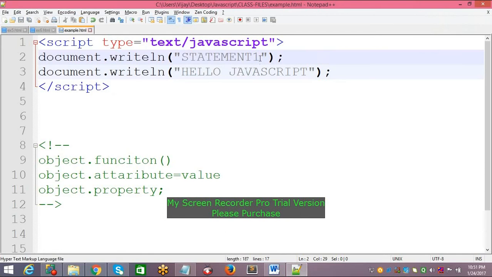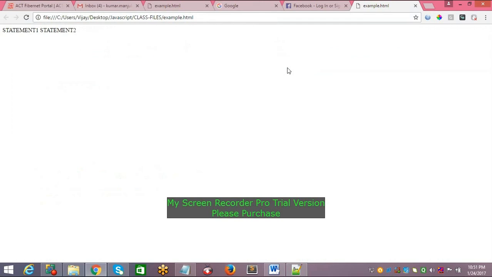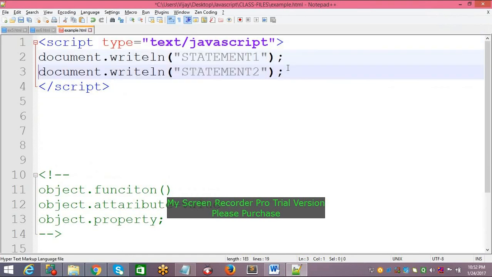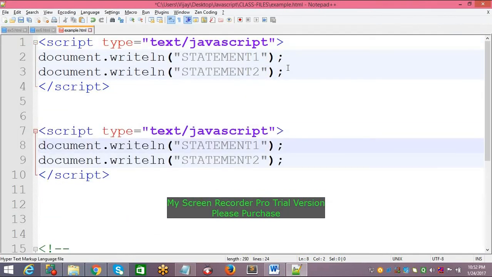Statement 1, statement 2. There is a space available between those two statements. That is possible using the writeln function.